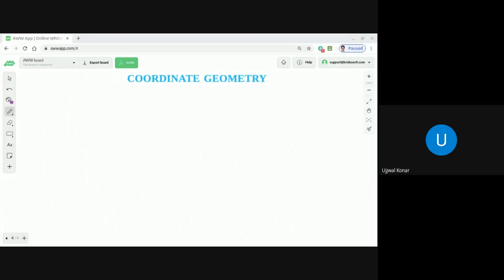Dear students, let's start our topic on coordinate geometry today. You heard about coordinates in your previous classes, I hope, and you heard about a point. In fact, when we discussed real numbers, we discussed a point on a number line. You recall the discussion we had, to locate the point root 2 on the number line. You follow the processes we discussed in that class, and you locate that point root 2